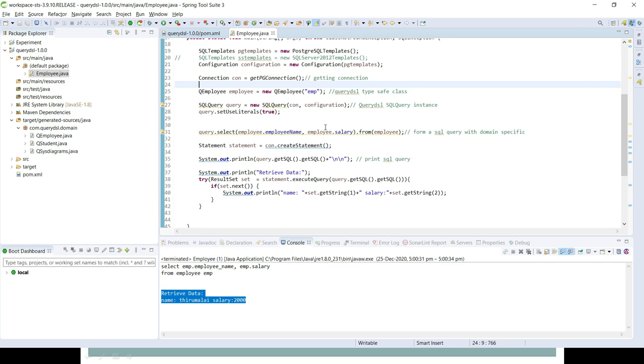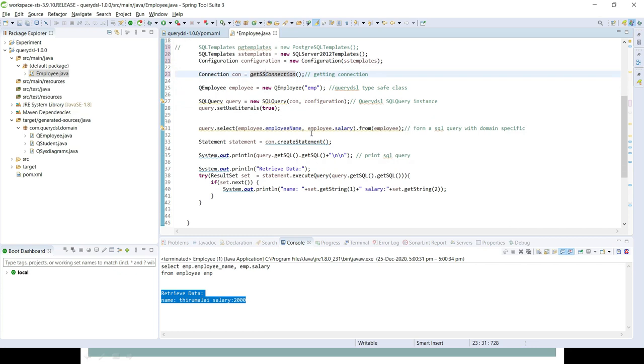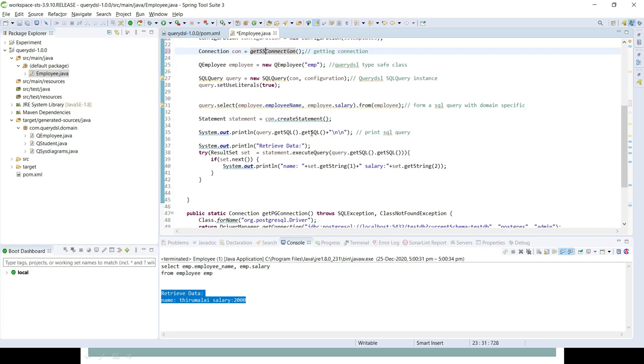Let's go into the Employee class, and then we'll change the configuration for SQL Server. The remainder is the same.